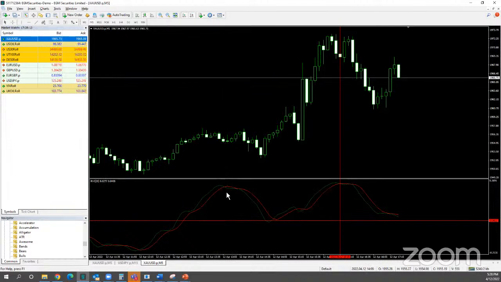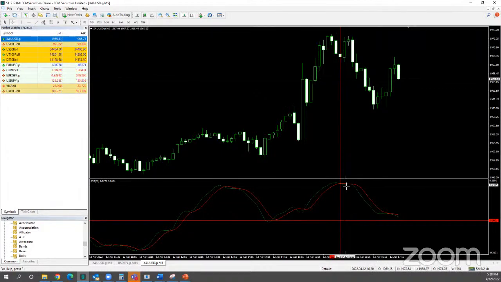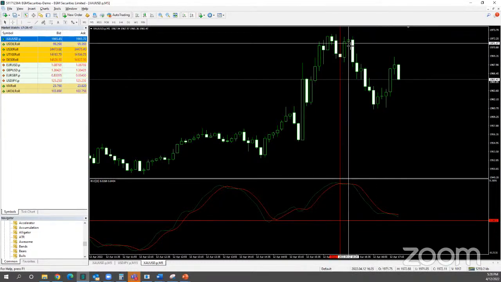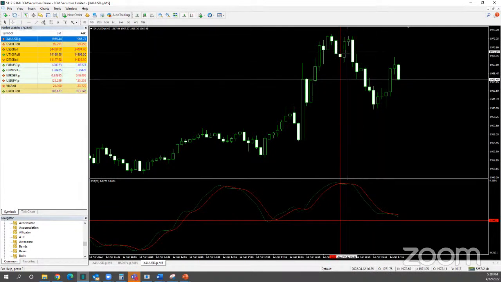Always use technical indicators, use pivot tables, use Fibonacci, use whatever you have in your system. However, always use an exit indicator to tell you when to get out. Sometimes you don't have to get out from here. What you need to do is use it as an alert for you. If you have a bullish trade and the indicator is above the zero line, wait for a bearish crossover. So this bearish crossover told me that there could be a retracement happening. I could get out over here.